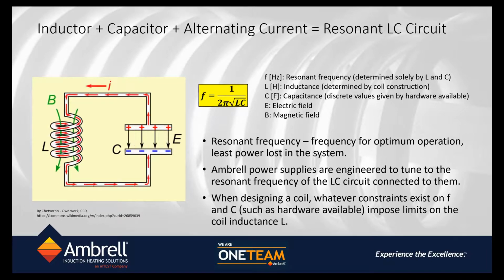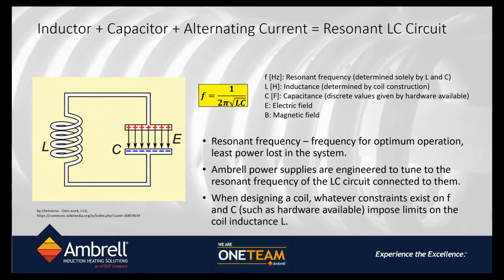Inductance is a function of the way the coil is constructed. We will talk a little bit about how that changes in subsequent slides. But for the time being, the L and C combination, because we have a fixed coil and a fixed capacitor, gives us a resonant frequency